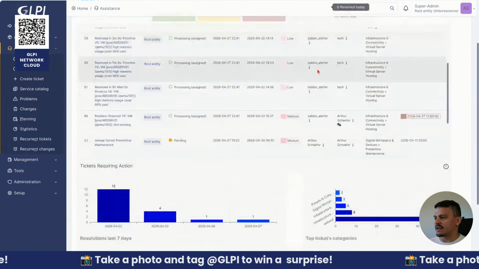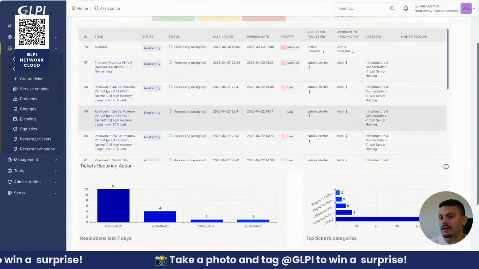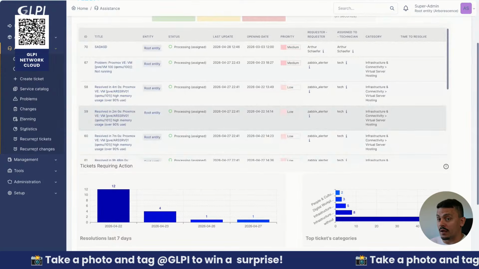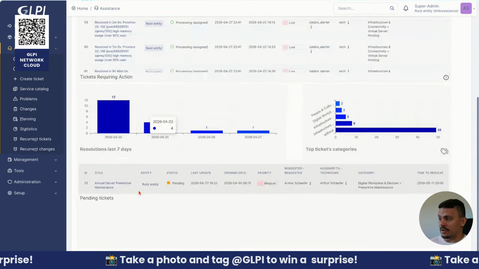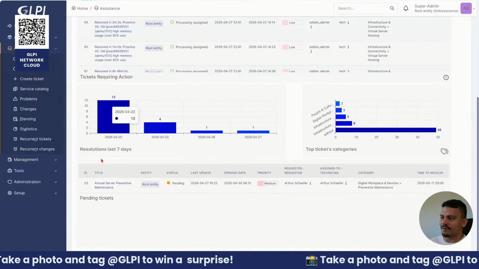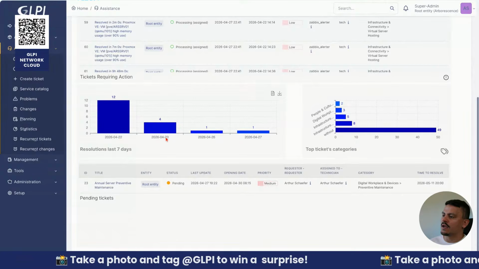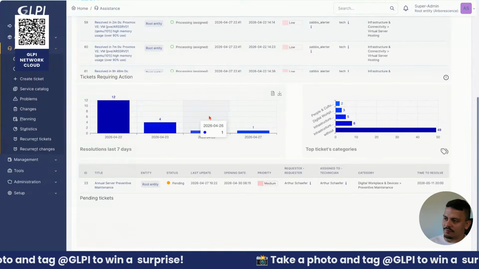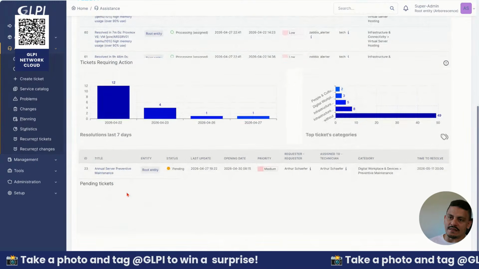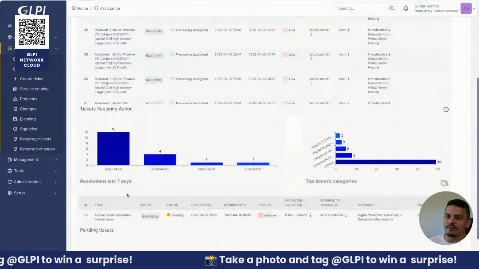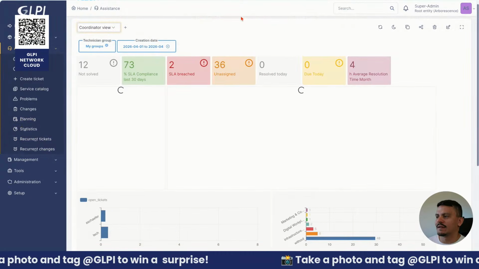And here I have a list of tickets requiring action. Some of these are from saved searches, and some of these are from the Advanced GLPI Dashboard questions. Here I have the tickets resolved on the last day. So I solved 12 tickets on April 22nd. On April 23rd, I did 4 and so on. Here I have the top ticket categories, and here the pending tickets list. This is a very useful dashboard for a technician. And this is also a good